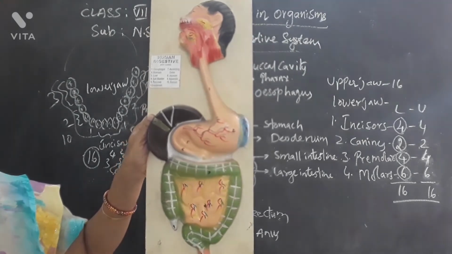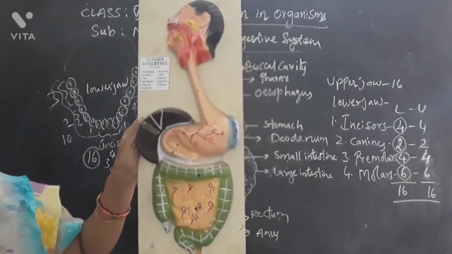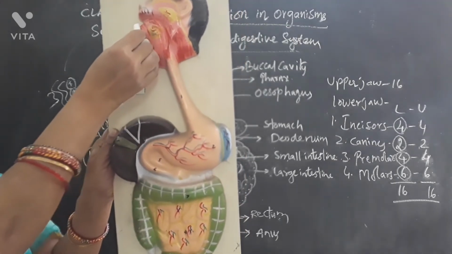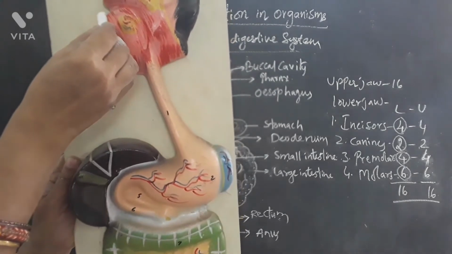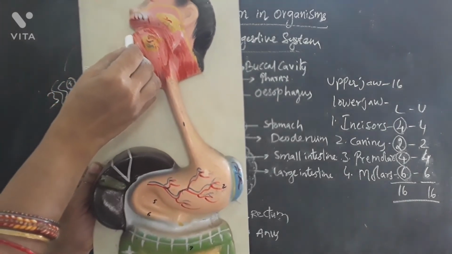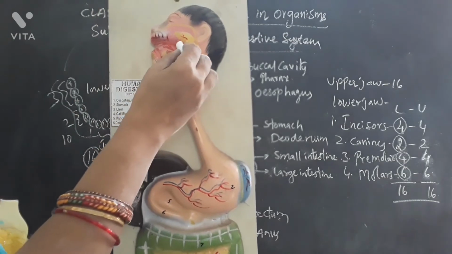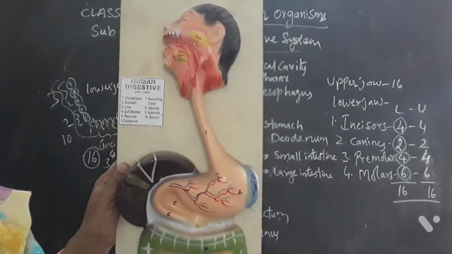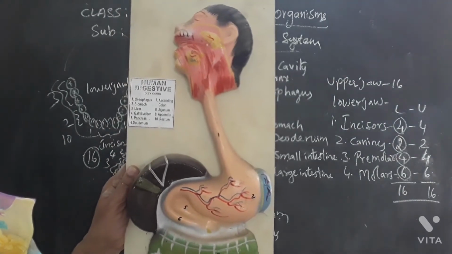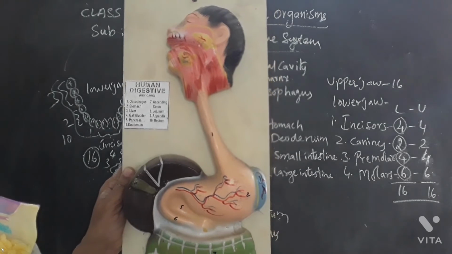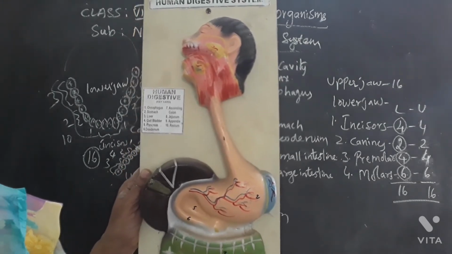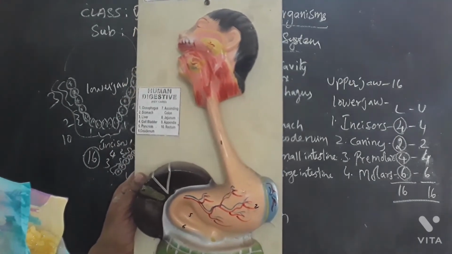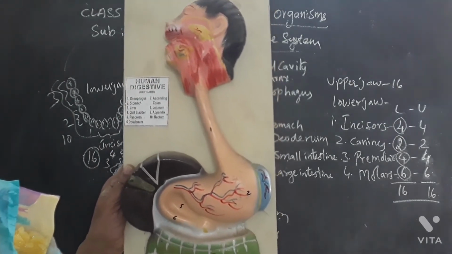Now I'll show you. Here this is the mouth part. Food is taken into the body through the mouth and it leads to the buccal cavity over here. It contains the tongue, teeth and other secretions, that is of salivary glands and all, and carbohydrate digestion takes place inside the buccal cavity. Okay children, then it reaches the pharynx,